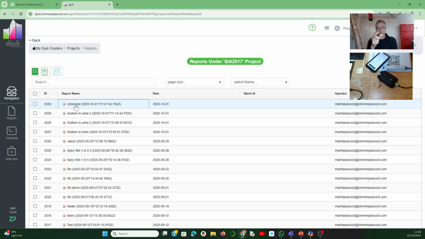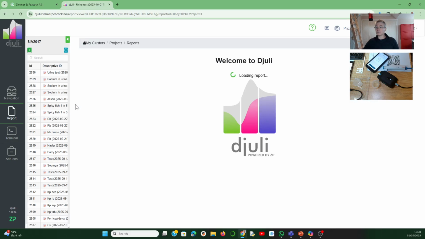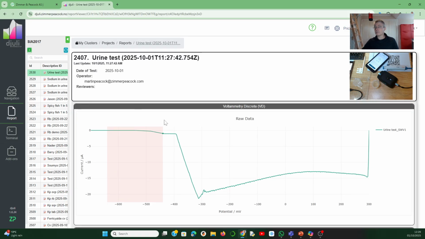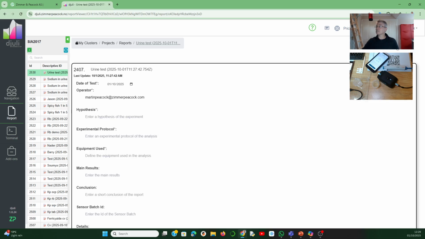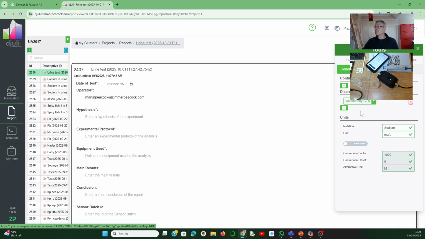So all the time I was talking, it was actually sending the data to the cloud as well, which is really useful. You don't need to put patient ID up in this, by the way. This is not intended for you to be putting patient ID up there, but it is intended that you can have a test done somewhere and the results will go to the cloud and you can go in there and view it. And it's really useful for us because at ZP, if we're part of a development program, we can come in and